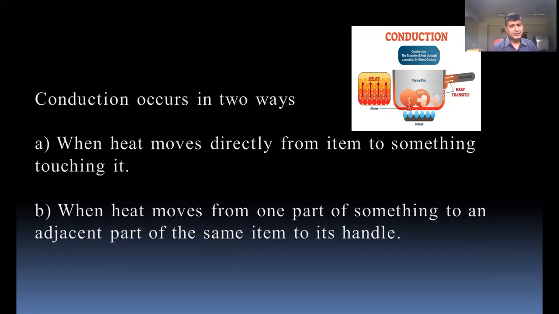Further, different materials conduct heat at different speeds. What you need to keep in mind here, once again, is that different materials conduct heat at different speeds. Heat moves rapidly through copper and aluminium, slowly in stainless steel, and more slowly in a glass or porcelain dish. So, this was an example of conduction and how the heat moves.